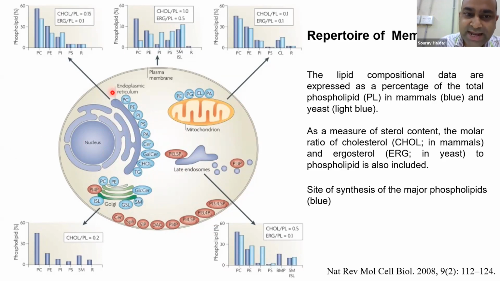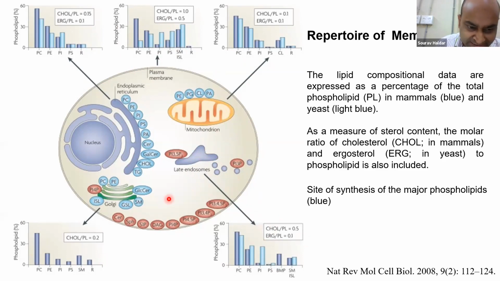Okay. Now this slide also shows that the composition of the lipid membranes is different. For example, the ER lipid composition will be very different from the plasma membrane lipid composition compared to the mitochondrial lipid composition. Similarly, late endosomes, which are dynamic vesicles, will have a different composition compared to early endosome or lysosome, right? And this can be seen from these schematics shown in this figure.